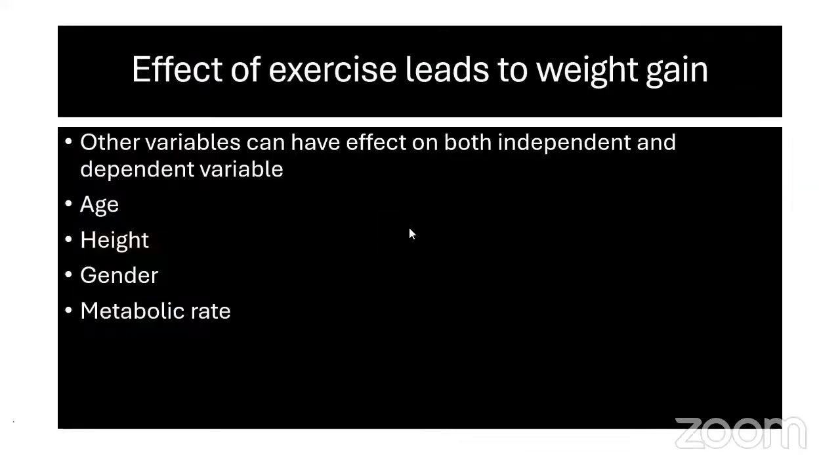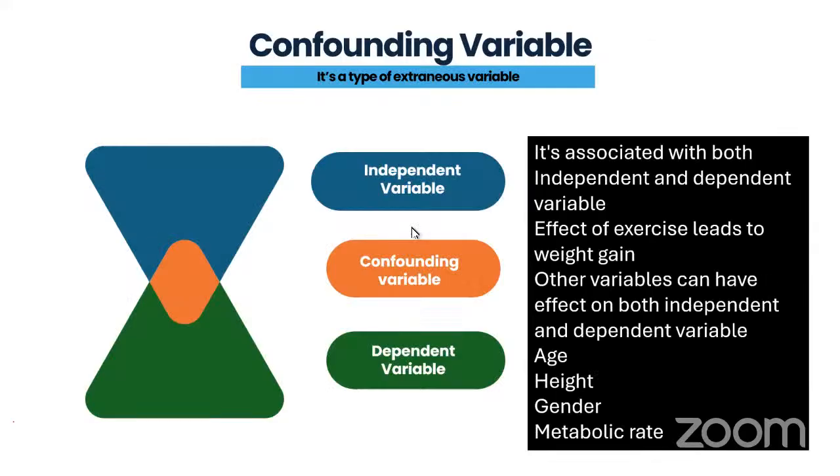अच्छा, ये मेरा ख्याल है, चले हम ये स्लाइड आगे पीछे होगी। कंफाउंडिंग की ये है, एक्सट्रेनियस वेरिएबल है, ये दोनों को एड्रेस कर रहा है। ये आपके इंडिपेंडेंट वेरिएबल्स हैं, ये आपके डिपेंडेंट वेरिएबल्स हैं, बीच में कंफाउंडिंग वेरिएबल्स हैं। इट इज एसोसिएटेड विद बोथ इंडिपेंडेंट एंड डिपेंडेंट वेरिएबल्स। इफेक्ट ऑफ एक्सरसाइज लीड्स टू वेट गेन, एक स्टेटमेंट है। एरिया ऑफ इंटरेस्ट है वेट गेन।